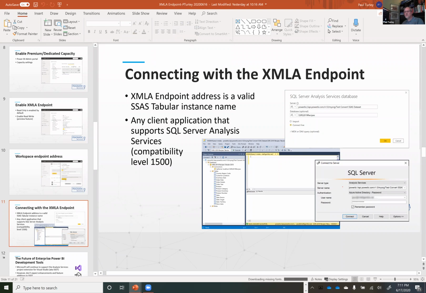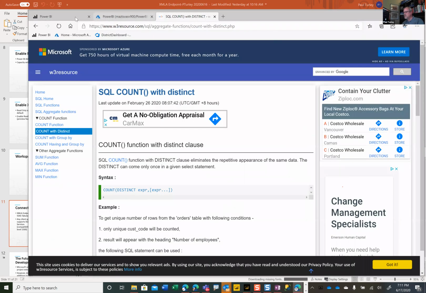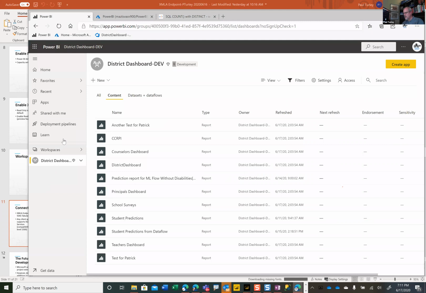I'm just going to show you the environment where we can do this. So I'm going to go to Power BI. This is for a school district in Georgia. Within this workspace,